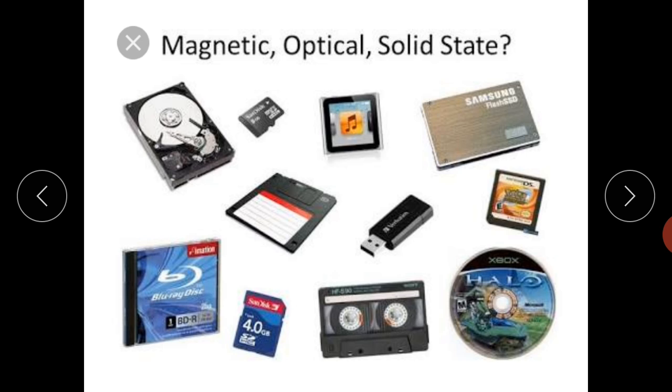Okay, some diagrams are there in which you are seeing many storage devices. This is a hard disk, micro SD card. This is a floppy disk that was used earlier. It is of very low capacity. These are also SD cards of different sizes. This is a cassette that has magnetic tape. This is a CD, this is a pen drive and an SSD drive.